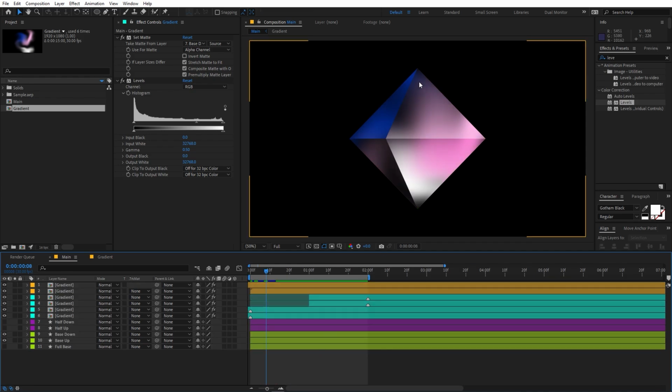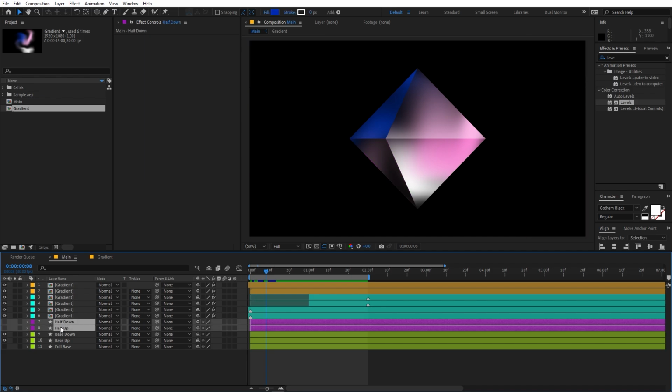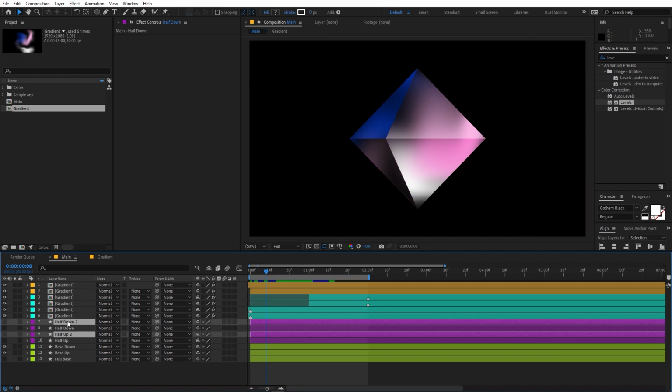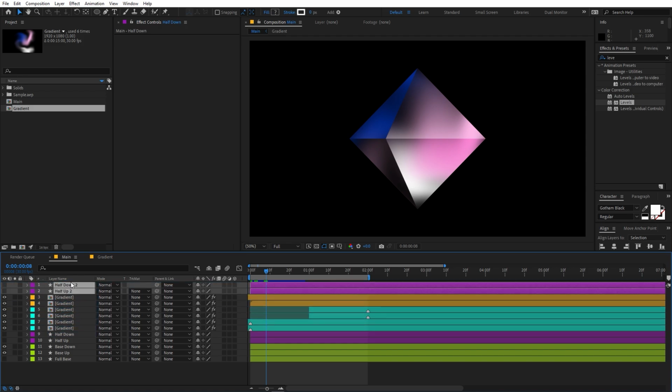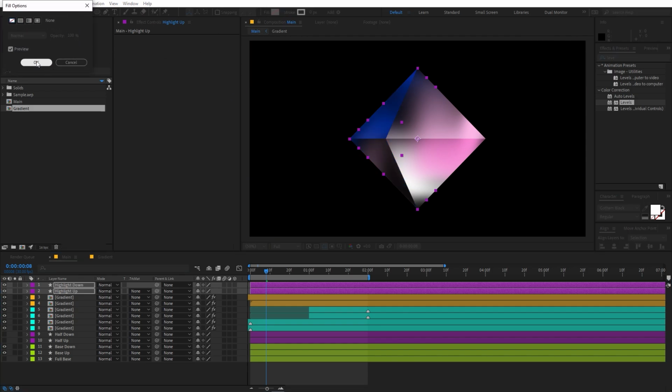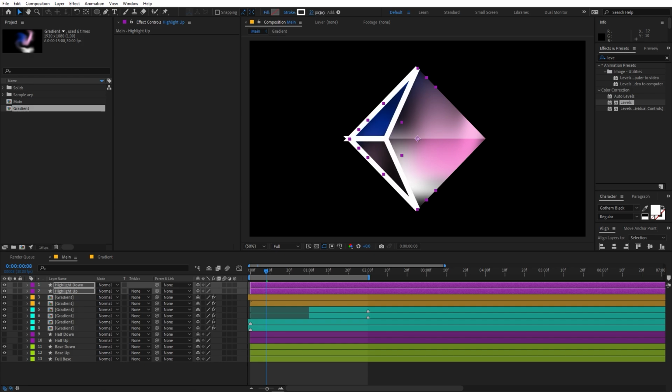It's time to add some highlight and some shadows to this. For that, first I'm going to select these two and I'm going to press Ctrl D to duplicate them and let's move them to the top. And I'm going to quickly change their name and I'm going to call them highlight up and highlight down. And we can select both of these layers and let's enable them. And on this one we are going to first disable the fill. So let's go to fill and let's set them to none. After that we can increase the stroke, something like this, so that we are able to see what we are